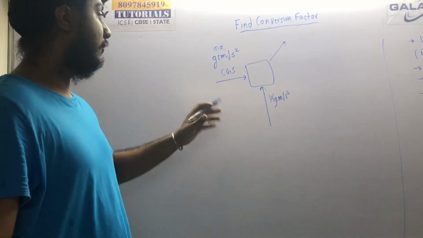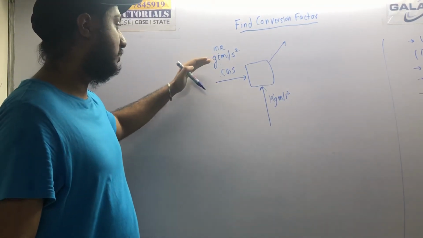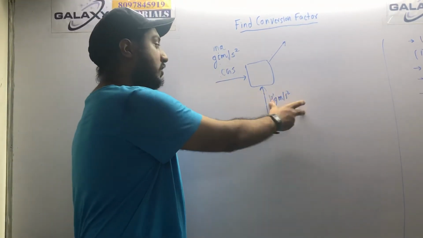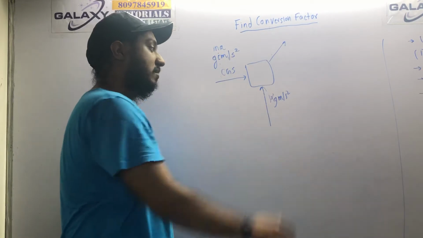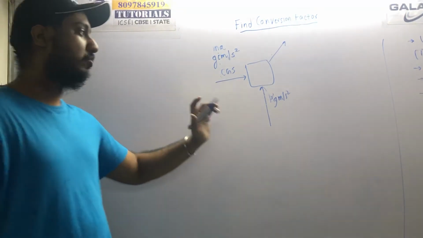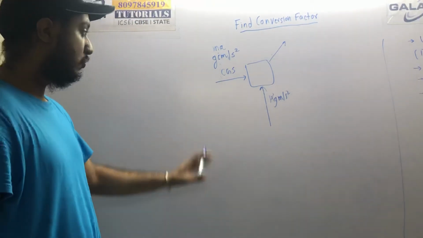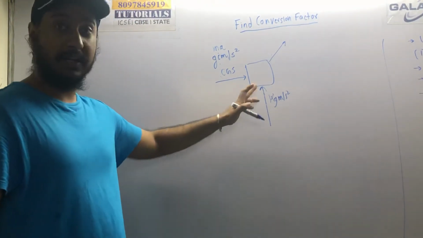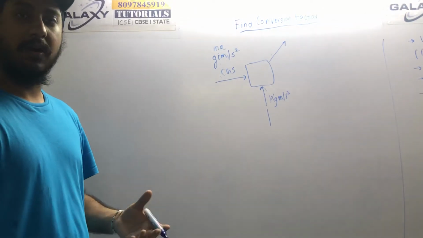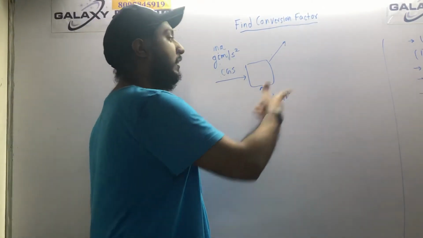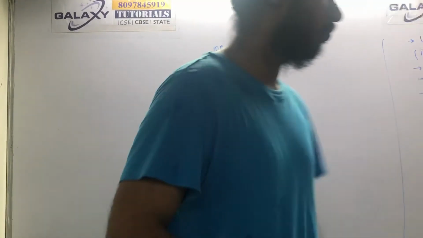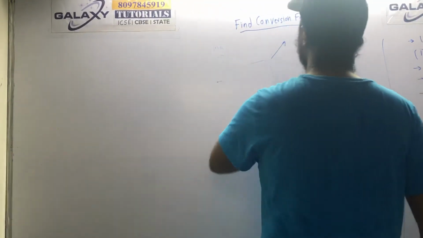Both of them should have the same units. This is in gram centimeter, and this is in kg meter, so you can't simply add them. You can find them using vector addition, which I have shown you before, but you can't simply do that. You have to convert either this or that into the other one. How to convert is the application of dimensional analysis. I will show you with an example.